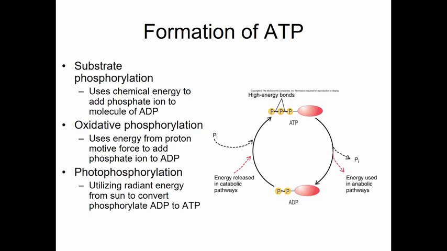Here it is, looking at it in a different way. The bonds are what's holding on to the energy. If you break off a phosphate group, you're left with two phosphates here. This energy then goes somewhere, and it's going to anabolic pathways. If you have catabolic pathways going on, they're contributing. You're adding on a phosphate, and they're regenerating this bond. Okay? It's a cyclical process.